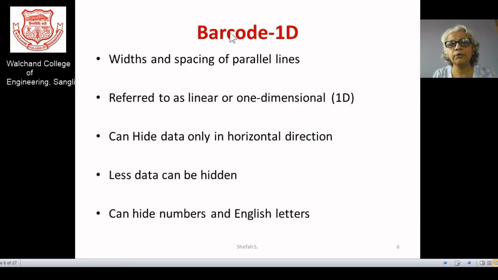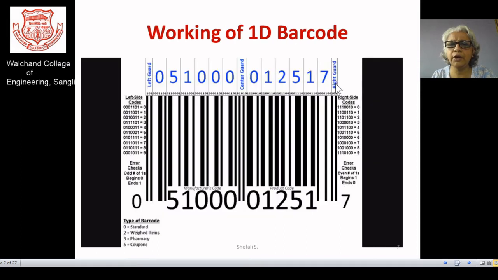Now I would like to go to another idea, the barcode. We are using the one-dimensional barcode, where the widths and the spacing between the parallel lines are very important. Just to give you the idea at a theoretical level, I would like to give you one example of the barcode. You are familiar with the barcode. This is the black and white code with some spacing, and if you scan it, or even take an image of it, it has some compartments.